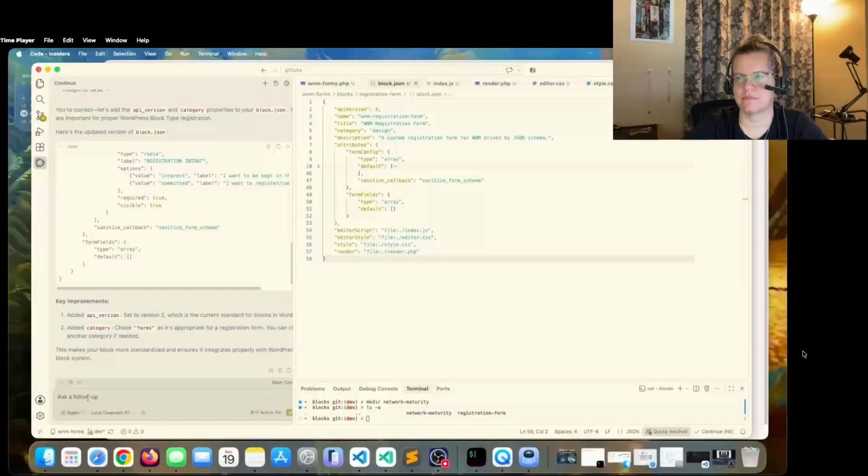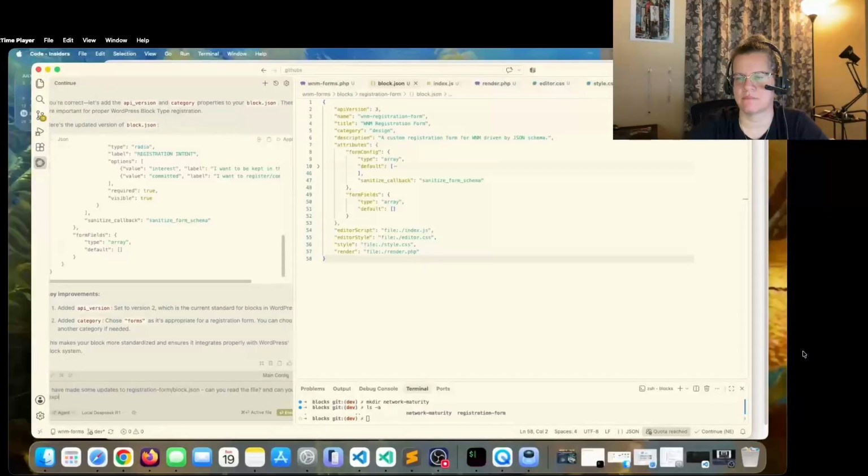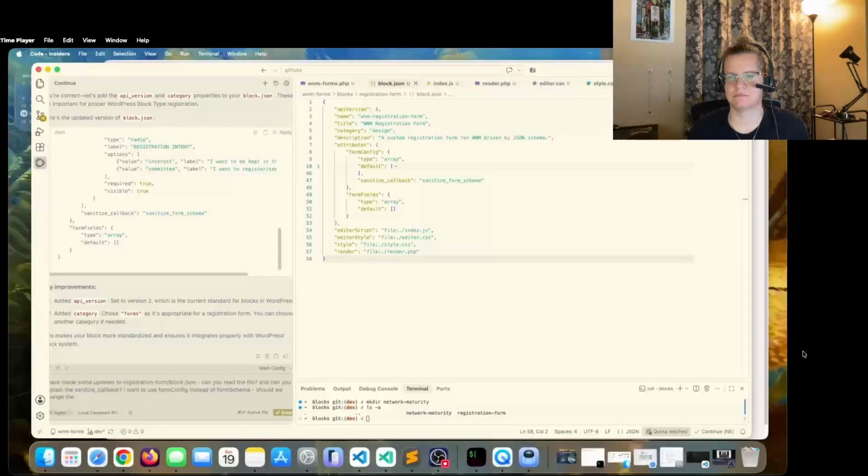Let's see if we can read the file and the updates I made. Can you read the file? And can you explain the sanitize callback? I want to use form config instead of form schema. Should we change the sanitize callback